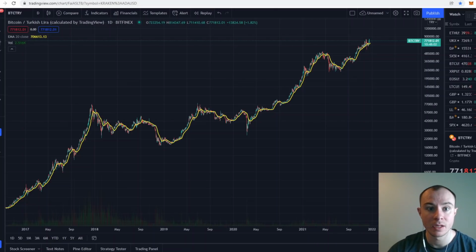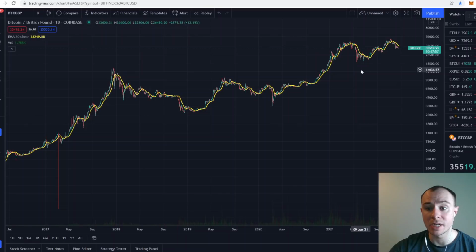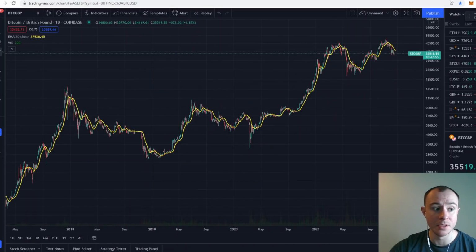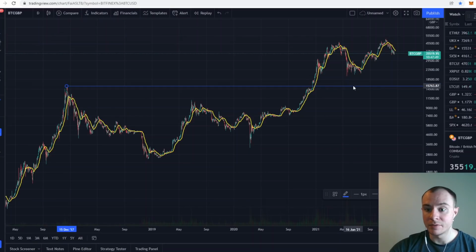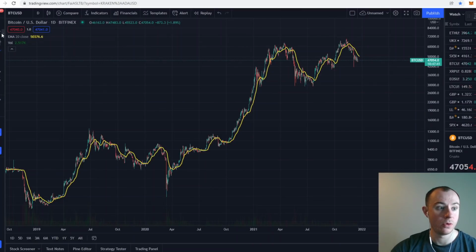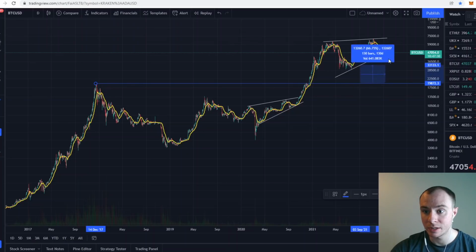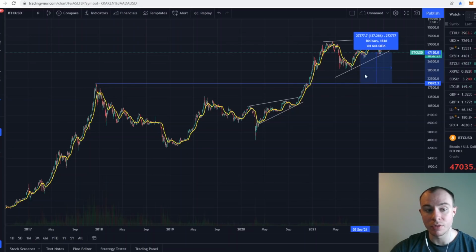So the Turkish Lira, if you compare this with the dollar, you can see the dollar is a lot stronger. The Great British Pound is actually stronger than the dollar. And if we look at this, for example, and we go from the percentage of our prior high to where we are today, that was 130% for the US dollar. It's always good to do this. Certainly if you're in a currency that doesn't use the US dollar, you can see that 137%. So Bitcoin's actually gained more against the dollar than it has the pound.